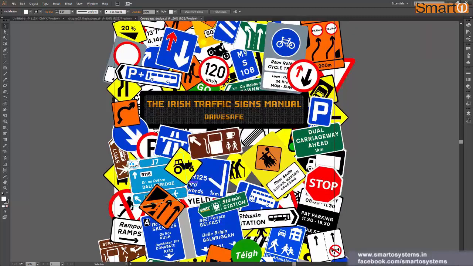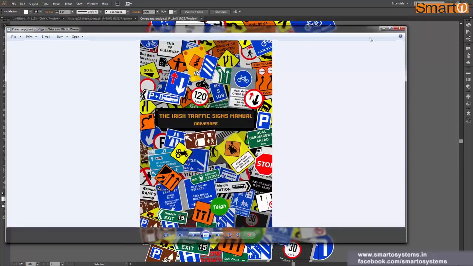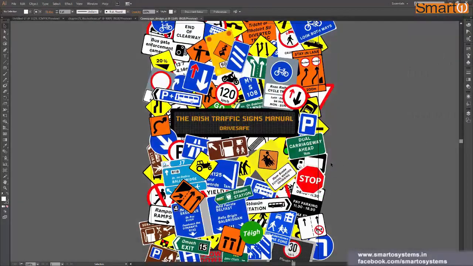We'll go through this. I'm just going to press Ctrl 0, and the final outcome for this one was something like this. After that I trimmed the edges and added some drop shadows in Photoshop, and dimmed down the signs which are beneath, and the top ones are extra bright. So I did a few things before finishing up the design, and this was actually the raw design, the raw idea, and then after this I worked on this.